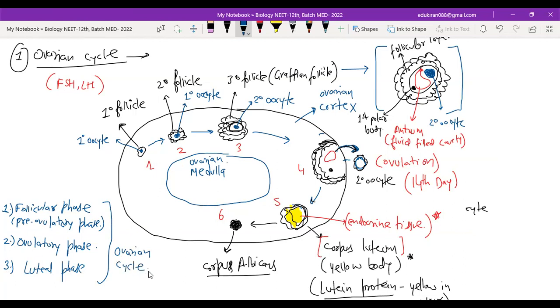Luteal phase. It is also known as post-ovulatory phase. Now write down: after the Graafian follicle releases the secondary oocyte,